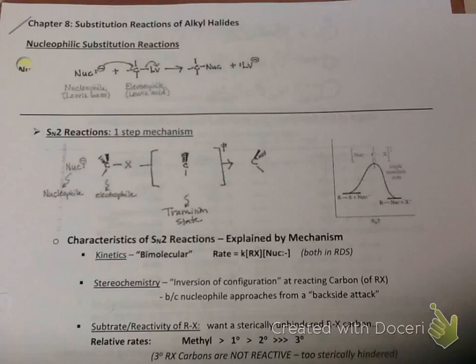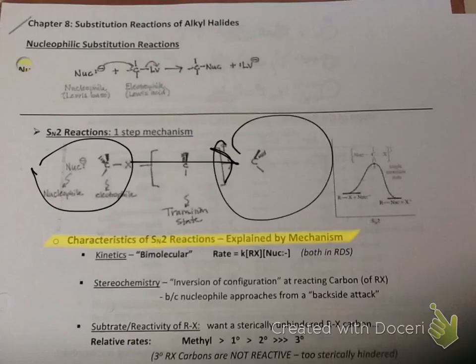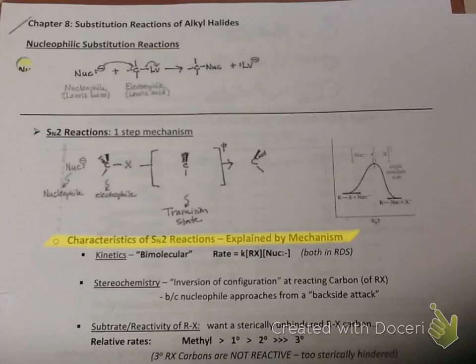So the first characteristic explained by the mechanism that we're looking at is the kinetics. Remember I said this is a one-step mechanism. The reactants go to the product. So there's a nucleophile there, and the halide departs. So the reactants go directly to products in a one-step mechanism. Because it's one step, if we look at the kinetics, the only step must be the rate-determining step of the reaction. The kinetics of the reaction are always determined by the slowest or the rate-limiting step. So if this is the only step,